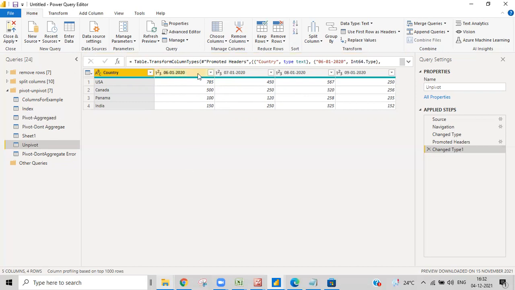Unless the data is in this format in different columns, we can't take different columns into one slicer. We can take only one column into one slicer and filter on that. So in that scenario, we need to convert all these columns into rows, and the values of these should go into another column.